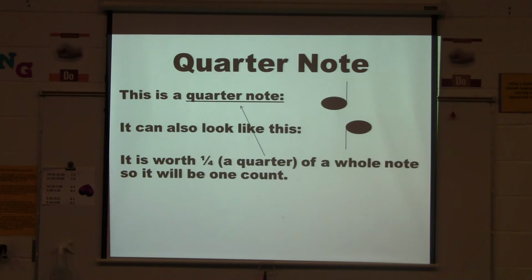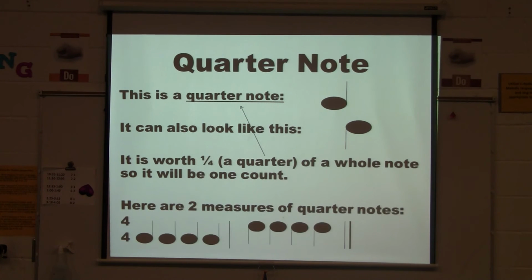It is worth a quarter of a whole note. Quarter note, quarter of a whole note. Whole note, whole measure, right? So a whole note's 4 counts, the whole measure. A quarter of 4 is 1. So the quarter note is going to be worth just 1 count,